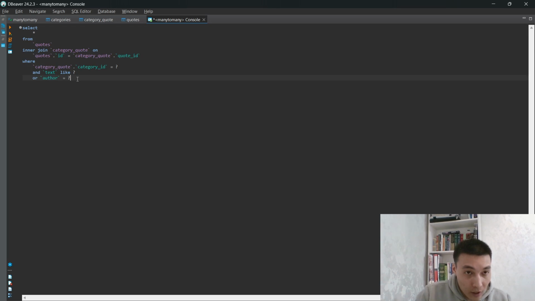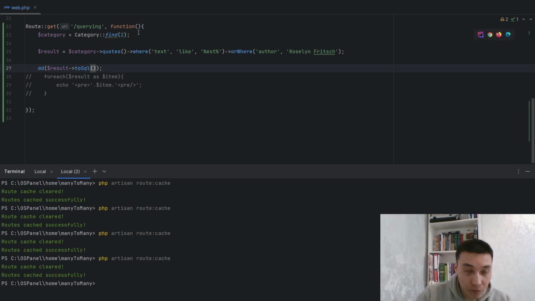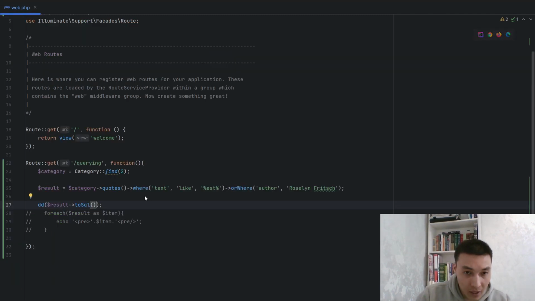So here we see that this author is not related to the category. That's why it took the quote that does not fit our category, and I think these 2 conditions must be grouped. So we will make it, I guess, by closure. Yes, in documentation